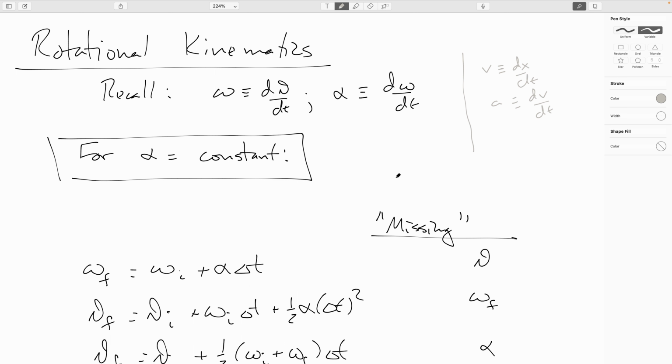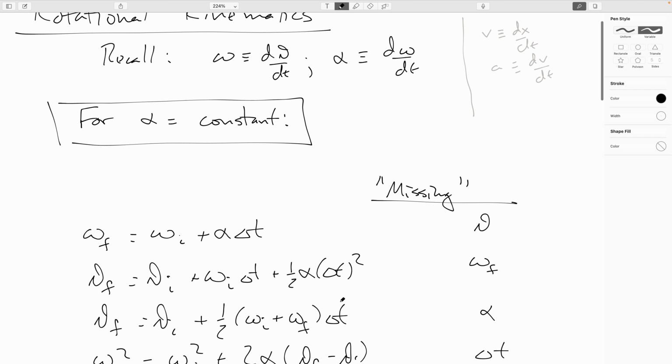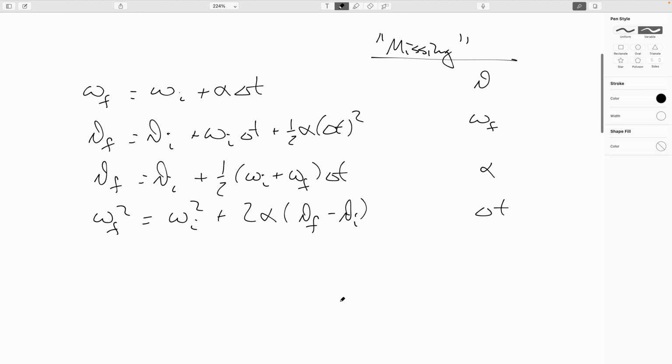And so just like before when we came up with the gang of four for translational kinematics, where we were assuming that translational acceleration was a constant, if we assume that angular acceleration is a constant, we'll end up getting yet another gang of four,